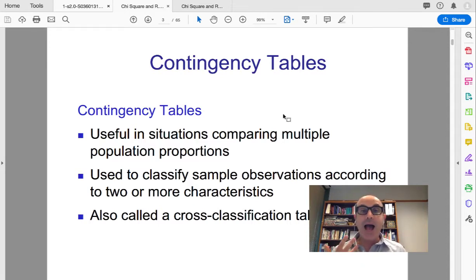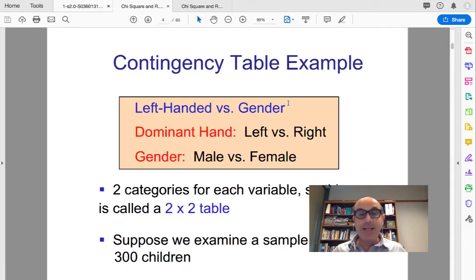The idea of chi-square usually entails the idea of tables, contingency tables. And why are they so useful? They are useful because they allow us to do comparison and to observe two or more characteristics. In a sense, if we take the example of left-handed versus gender, what is the idea of it? We have two categories. Left or right hand is one category. The second